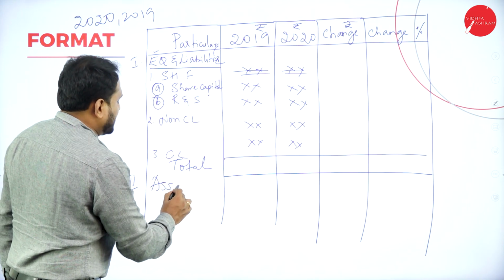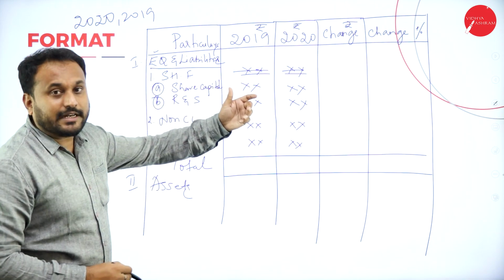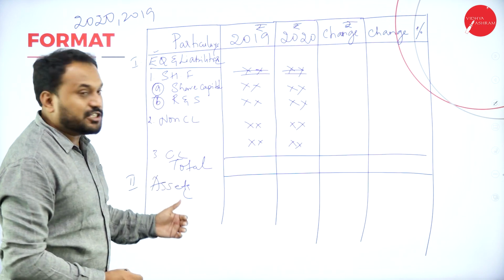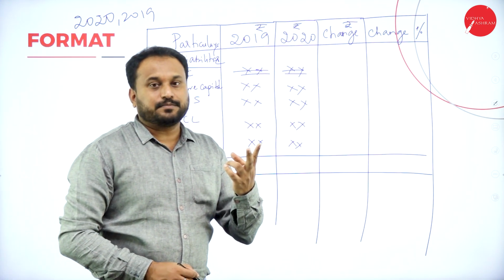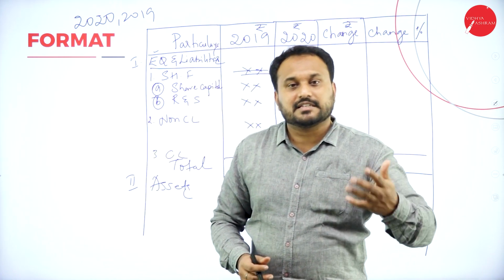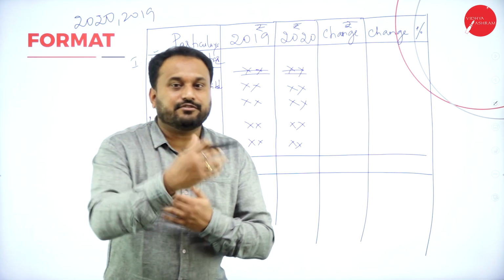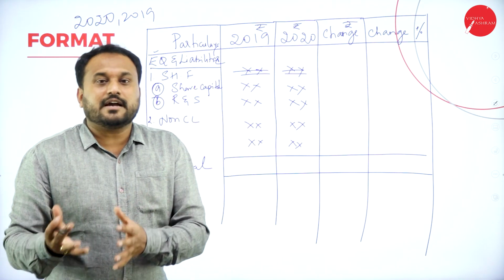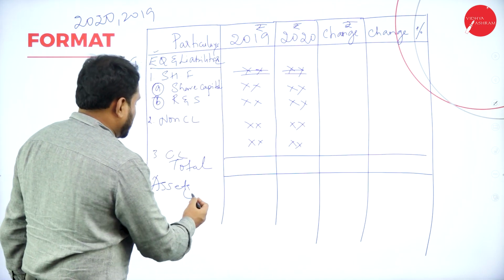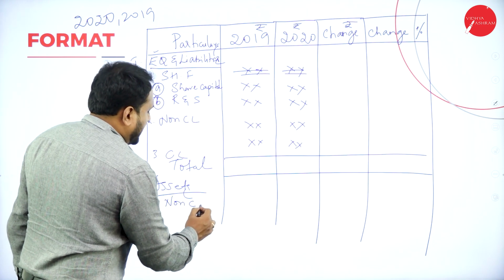Assets. Here we went with equity, then we went with liability. The last is the asset. What happens in the firm, isn't it? Now in assets, you have two types of assets. One is non-current assets, another is current assets. Now what is current asset? Current asset means easily I can convert them into cash. Non-current asset means easily I cannot convert them into cash. So I'll put here assets. Now here one, that is non-current assets.